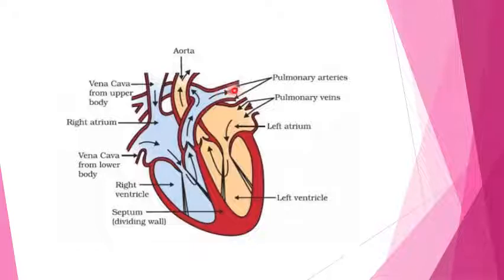From the lungs, when the blood gets oxygenated, it passes into the left atrium with the help of the pulmonary vein. The left atrium passes the blood to the left ventricle, and the left ventricle passes the blood to the aorta to distribute to the various parts of the body. So this is the pathway. Both the deoxygenated and oxygenated blood are separate, and that increases the efficiency of our body and maintains the constant temperature of our body, and this type of circulation is known as double circulation.